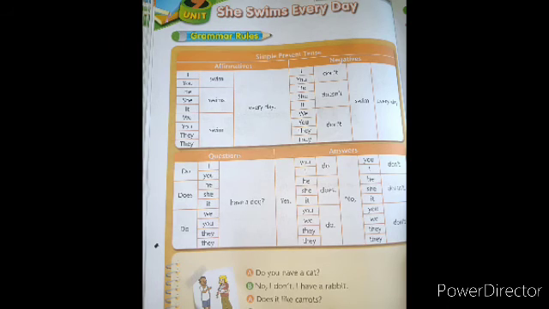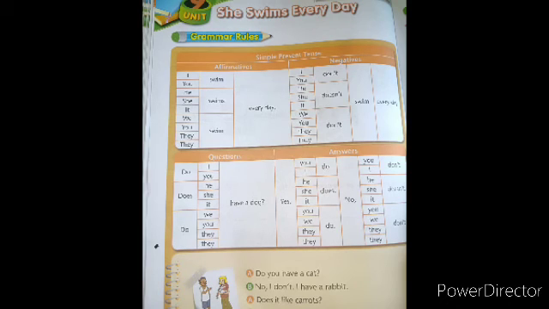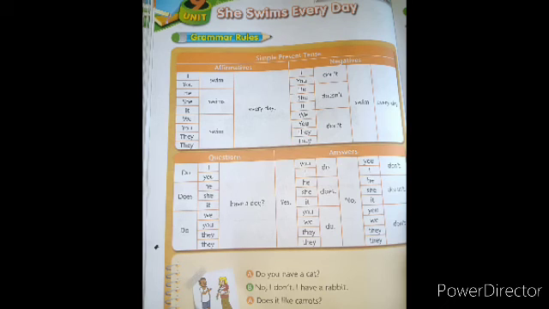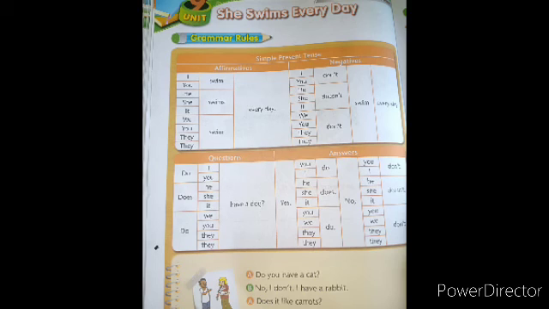They swim every day. Now when we talk about the negative, see here, I don't. Do not, short form, don't. I don't, you don't. He doesn't. Here we cannot write don't. Here we will write doesn't. As I told you, es will be there. So doesn't. She doesn't, it doesn't. But when we see the plural, we don't, you don't, they don't swim every day. So these are affirmative sentences, and that is the negative sentence of simple present tense.